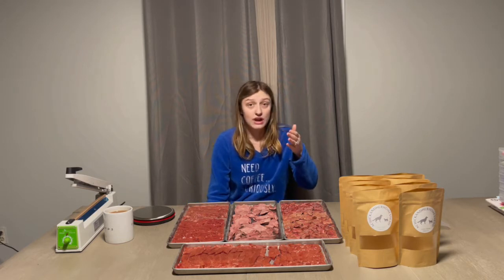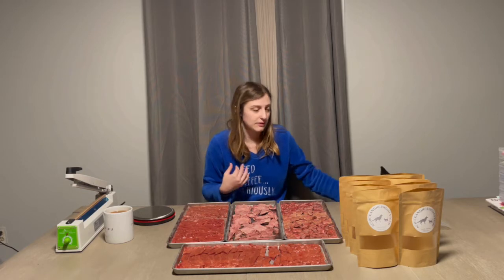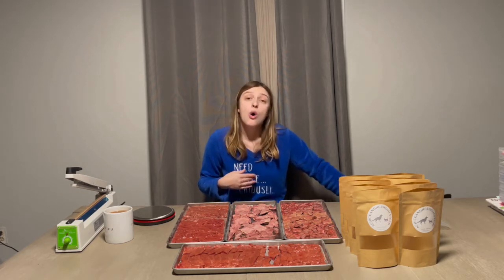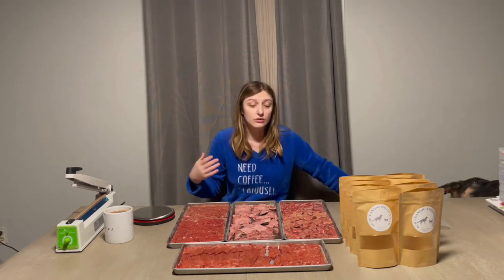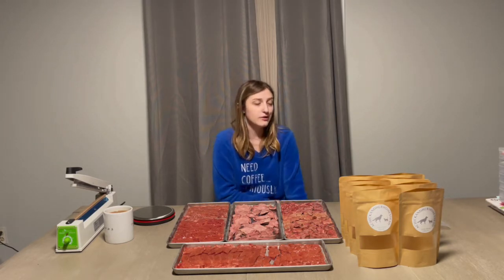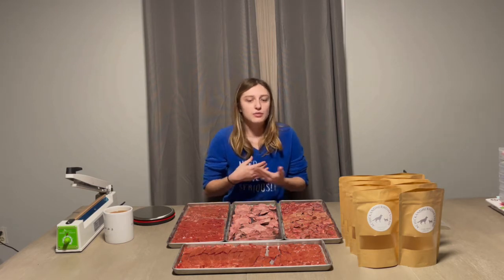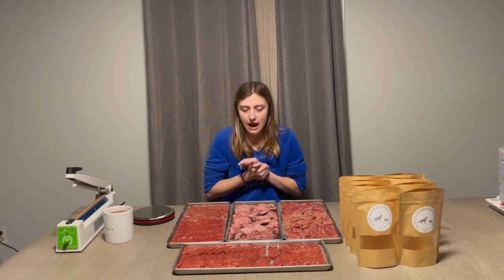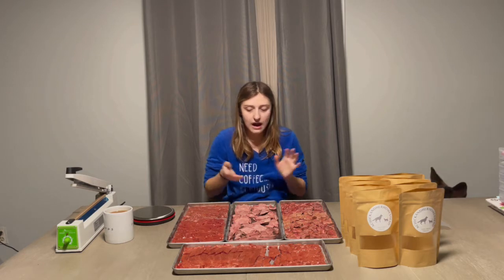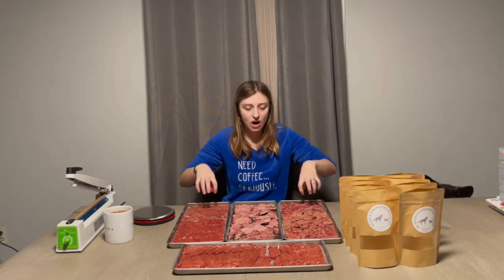I didn't know that once the cycle was done, the pump automatically turns off and it just keeps the inside frozen. Or I would have continued to go along with the process, but I didn't want to burn the motor out. I was a little nervous. I know the machine can run like 40 plus, 50 plus hours depending on what's in there. So I'll probably do some more wet stuff like the heart,